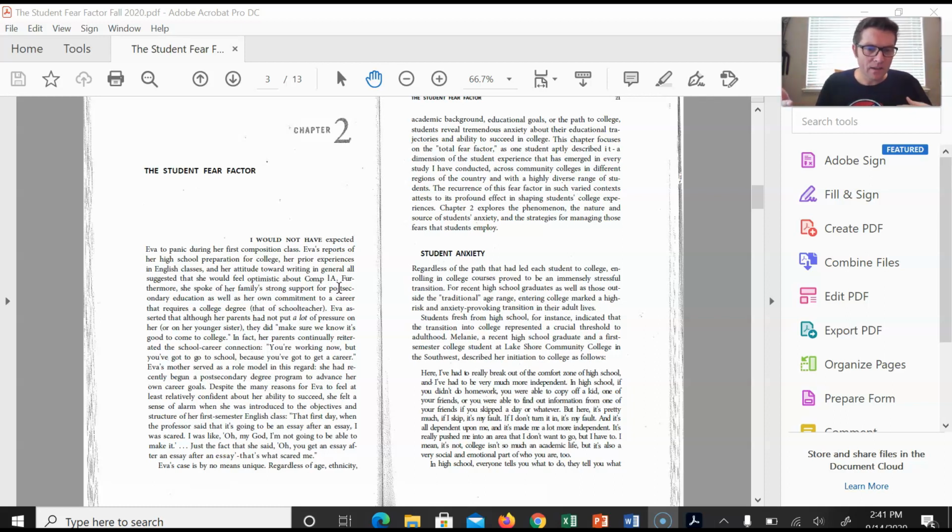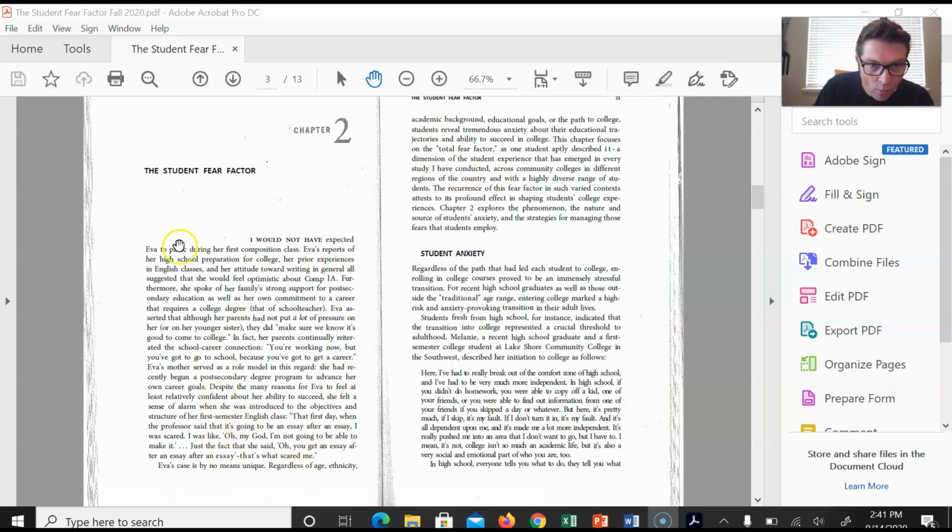She paints this picture of a student who was totally ready to go to school. She tells us a story about Eva. She was all ready to go. She had the commitment. I think she had the attitude. And then we have quotes from her such as, "Oh my God, I'm not going to be able to make it." Just the fact that she said, "Oh, you get an essay after an essay after an essay," that's what scared me. And I think that's good, right? Because all this ties into the subject of this chapter, the student fear factor. And then she slowly, right,